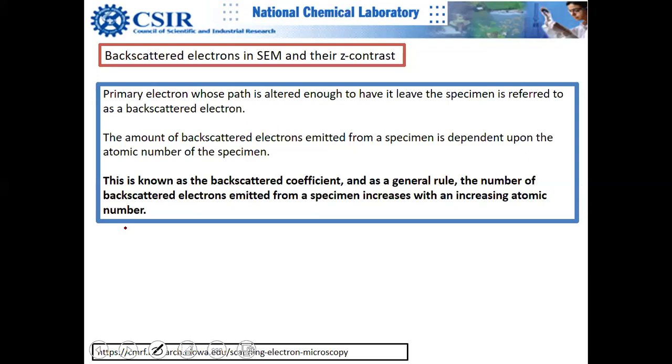Okay, anyway, now you can understand brighter contrast or darker contrast. Brighter contrast means a brighter image, or more contrast. I should not use brighter contrast or darker contrast, it's a wrong term. But more contrast basically means more intensity is coming, so you see those areas lighter, right? To rightly interpret the images, it's better you avoid charging effects, and you also do not want to get any topography information there. So you want purely chemical information, like compositional information.